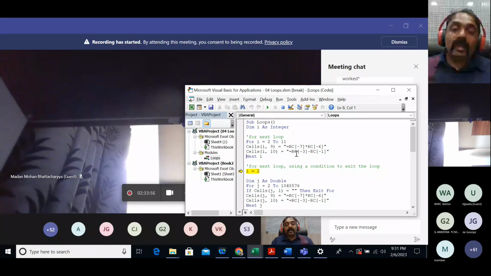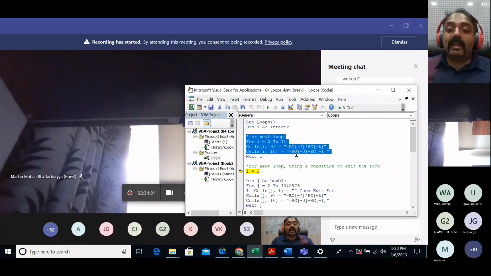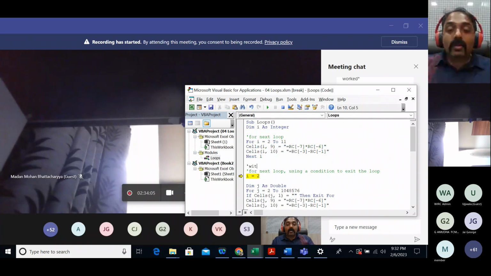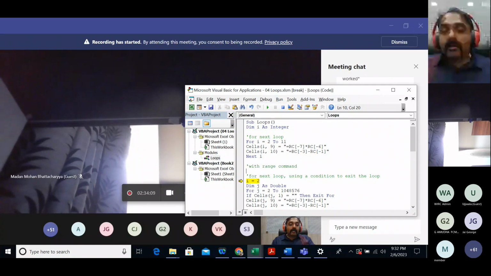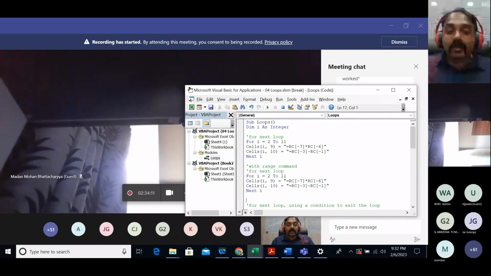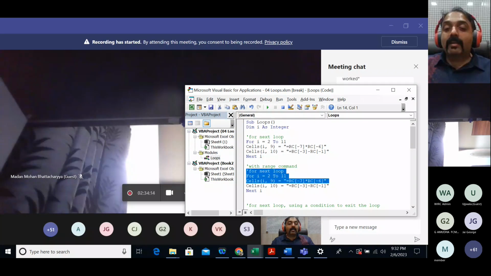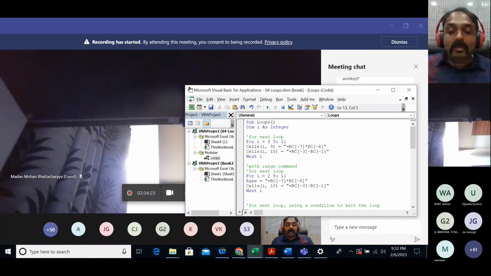Yeah, so you'll write it this way. Maybe you'll use a concatenate actually. I'll write it very quickly, but probably I'll demonstrate it the next time. Okay, so I'll just write it with the range command. The same for the next loop, I copy pasted. So instead of cells I comma 9. 9 means what? Basically J column, right? So range command where in a pair of double inverted commas I'll write